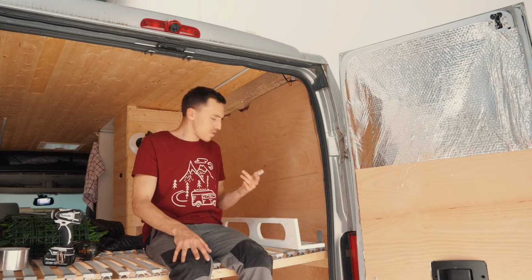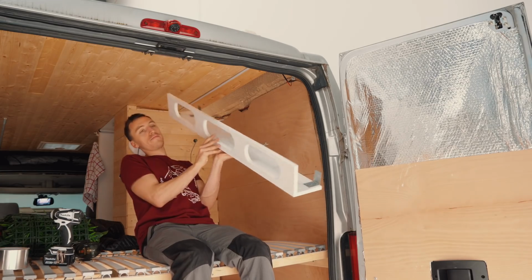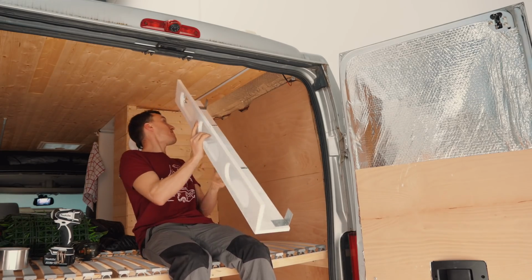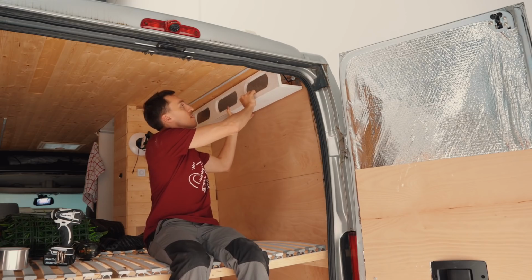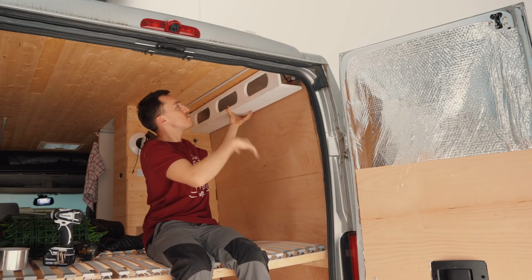So something I built in the background while I was doing all this stuff was this, and I've painted it white already. It's just literally a little corner piece that is going to fit up here. It provides a bit more storage. This wall is going to eventually be painted white as well. It provides a bit more storage,